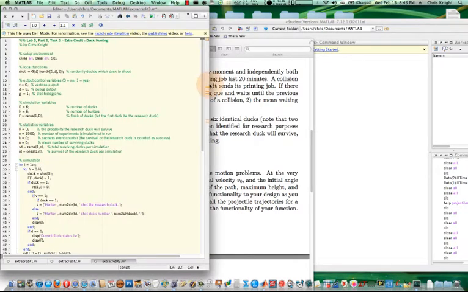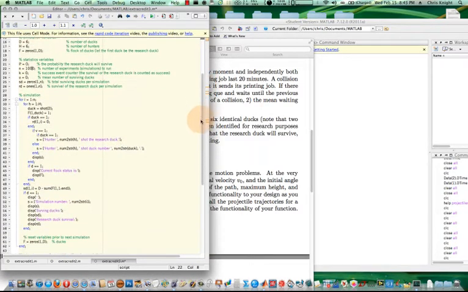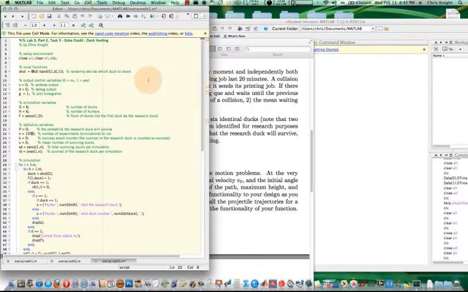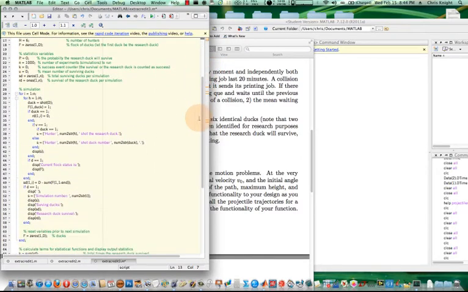So looking at the function, the script, I did this similar to the way I've done the last one, where I've created debugging output, where I have a verbose output, a debug output, and I've also allowed for plotting a histogram just for the fun of it. The script itself is all inside of one for loop, and it is running a simulation. Here we are choosing which hunter is shooting in this for loop, and we're choosing which duck they're going to